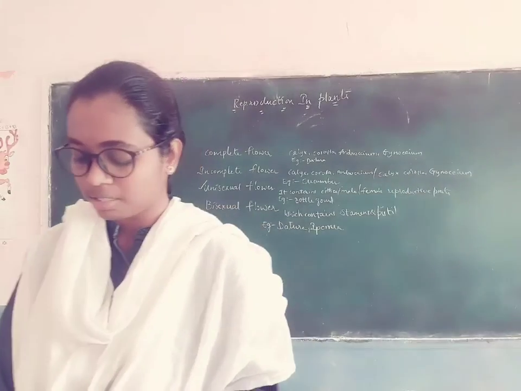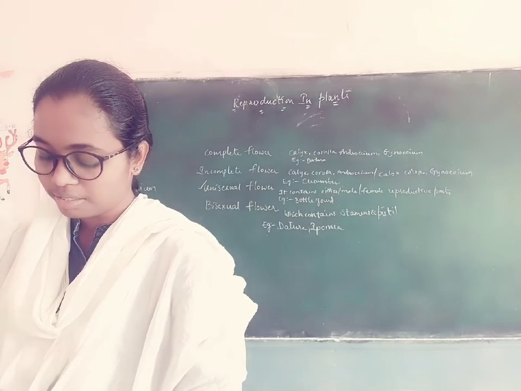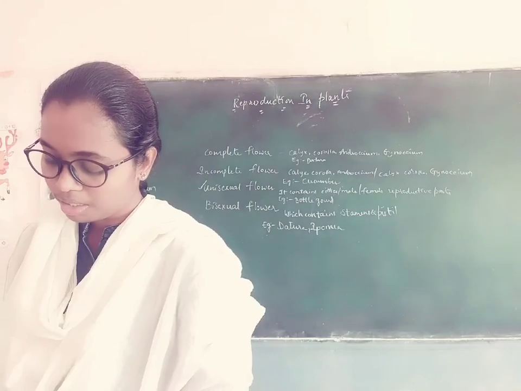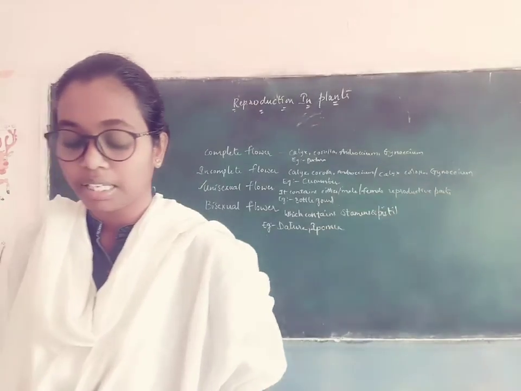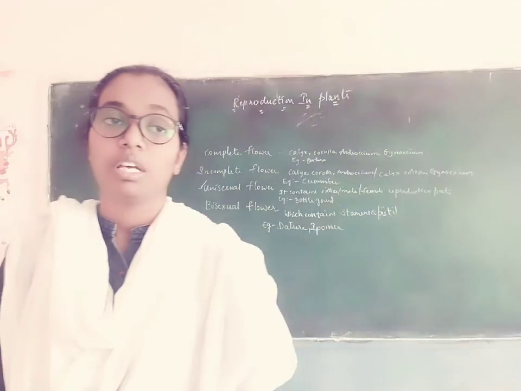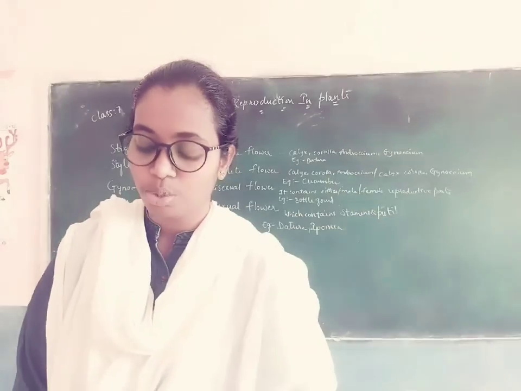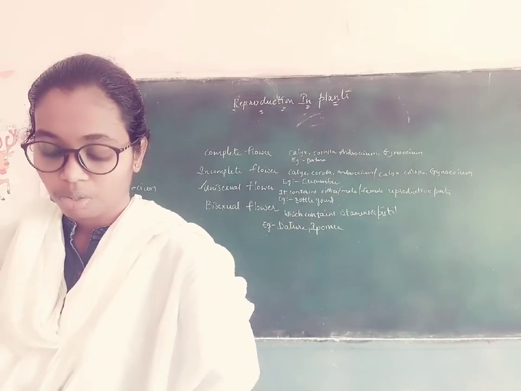Observe the different parts in them. Record your observations in the table. See if you can collect all these. In case you can't, take the help of books present in your school library or elsewhere. So what he is saying is that he is asking us to collect the flowers to know whether they are complete flowers, unisexual flowers or bisexual flowers.